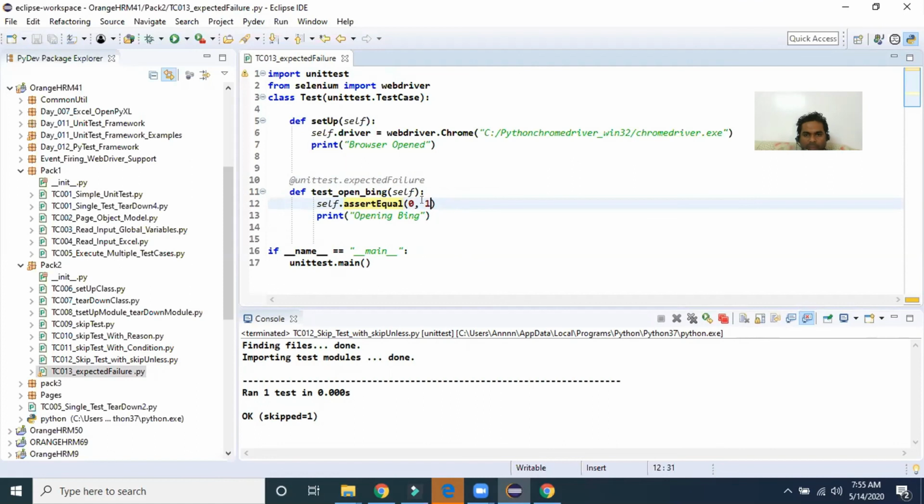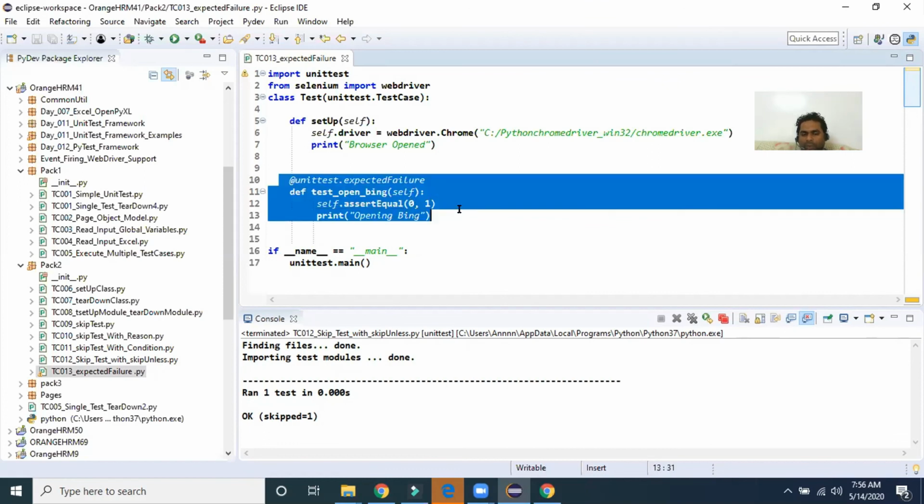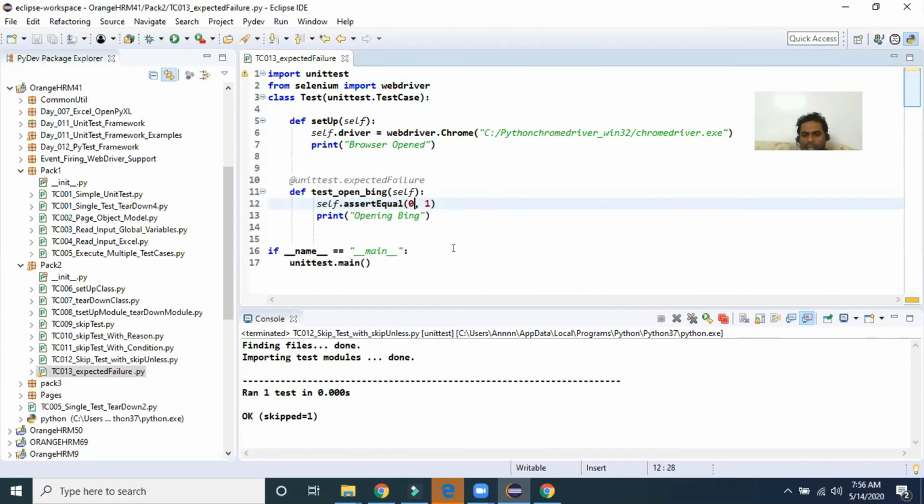This is the value I'm expecting, just some hard coded input value, and I have given 0. As per my program, 0 and 1 are not the same, so this assert condition will fail. If the assert condition fails, this part will be ignored completely. But if I write 1, 1, my program will be executed. So I will show you 1, 1 first.